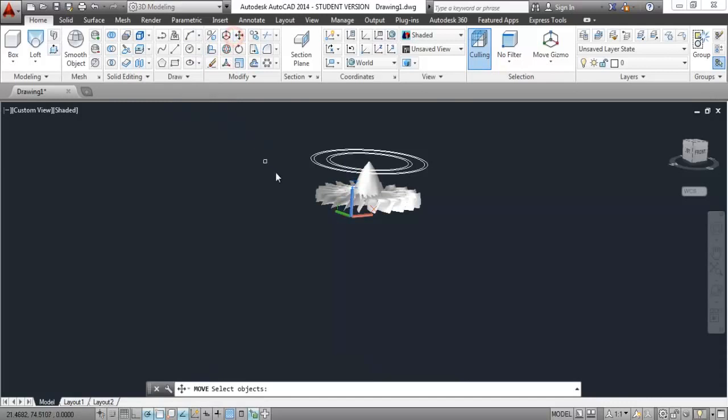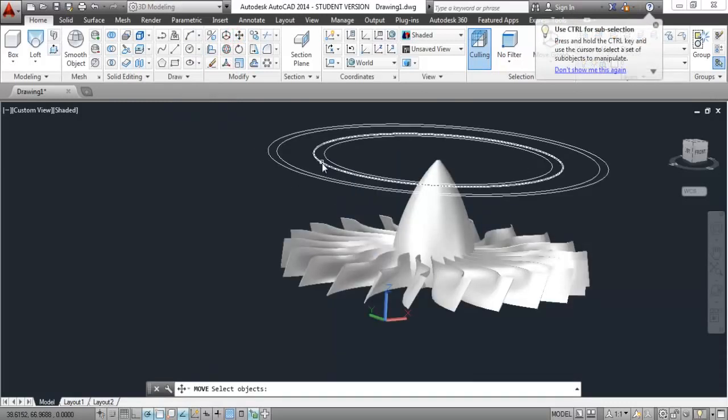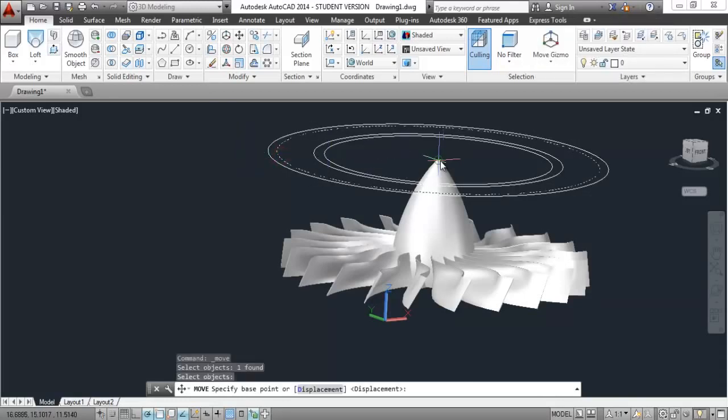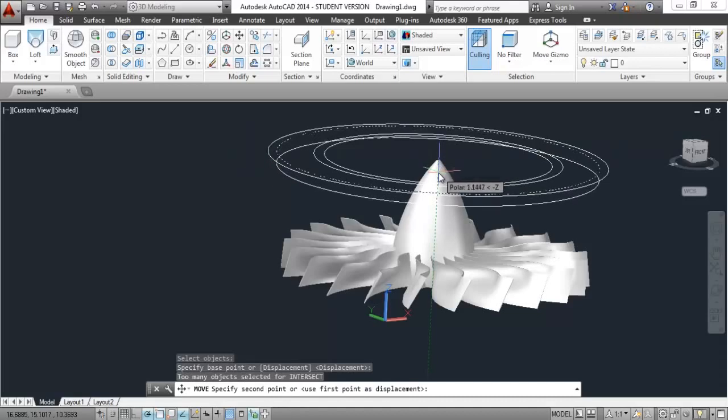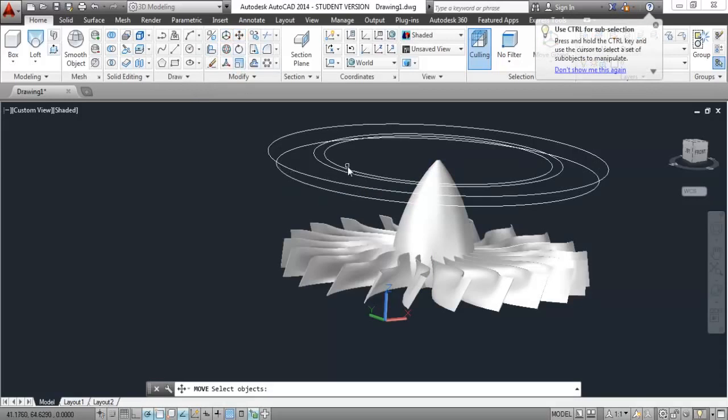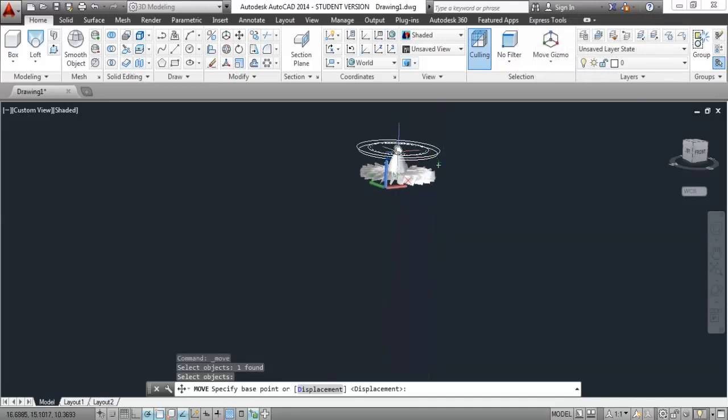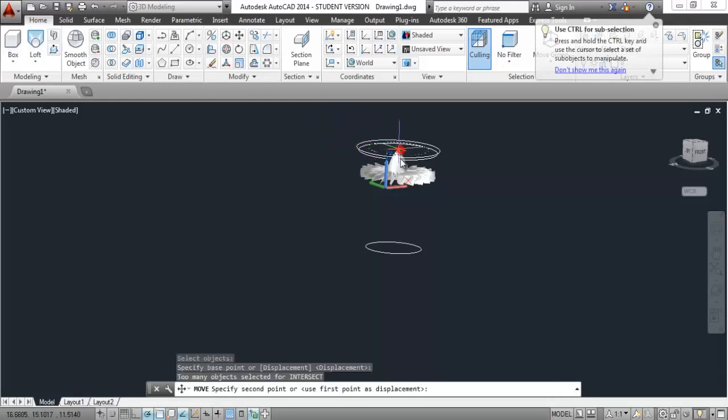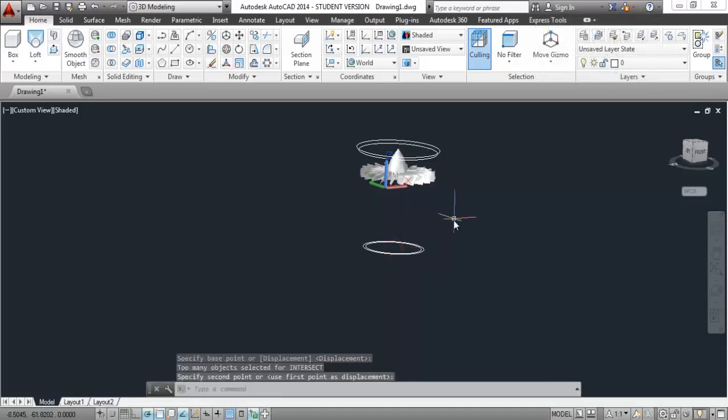Okay, now I'll select the move tool and select this circle. Yeah, this one is good. Select this, click on the center and move it a little bit downward, just a little downwards. Go to the move tool again, and this time select this circle, click on the center and move it downwards to a certain distance. Click on the move tool again, select the circle. You can move both the circles at once also. It all depends on you how you apply it.